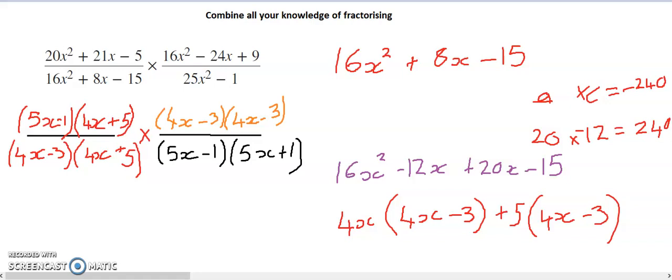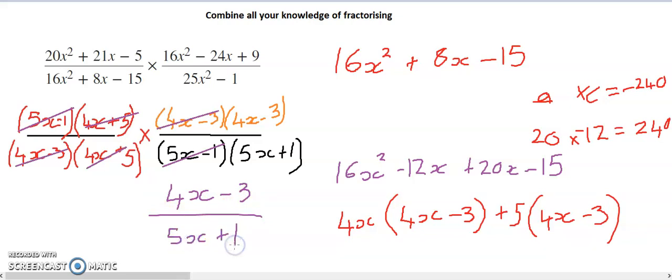So the first thing I look at is what am I timesing and dividing by that is the same. Well, straight away I can see that I've got 4x plus 5 and 4x plus 5. The next thing I can see is I have 4x minus 3 and 4x minus 3. I am timesing and I'm dividing by 5x minus 1. So that gives me the answer of 4x minus 3 over 5x